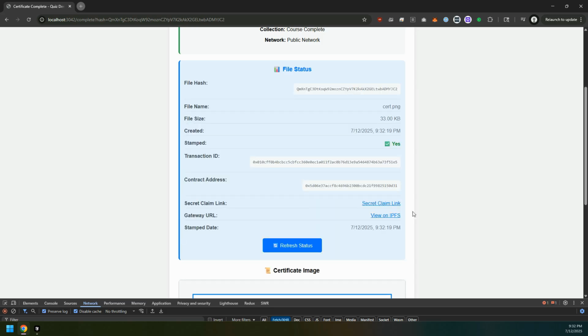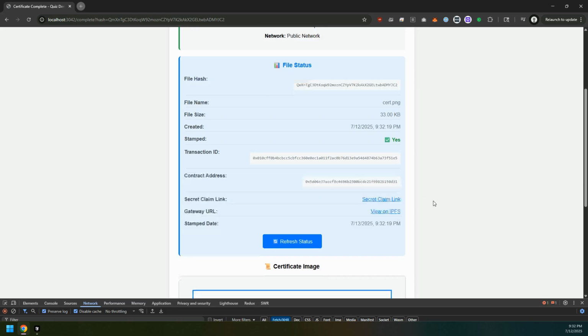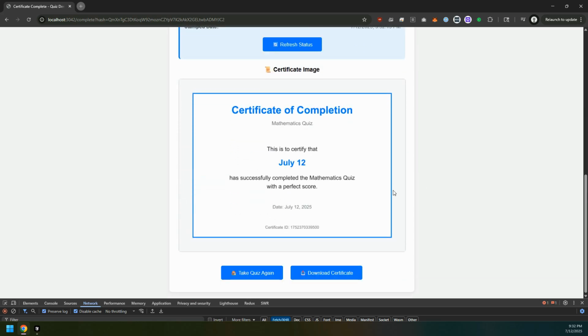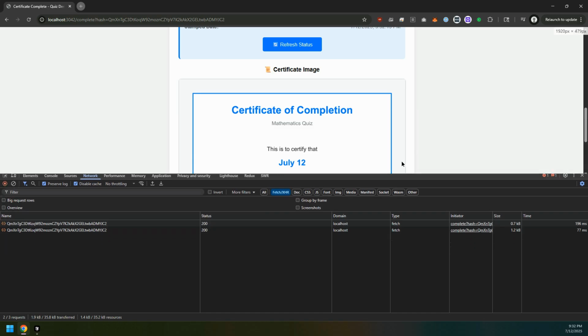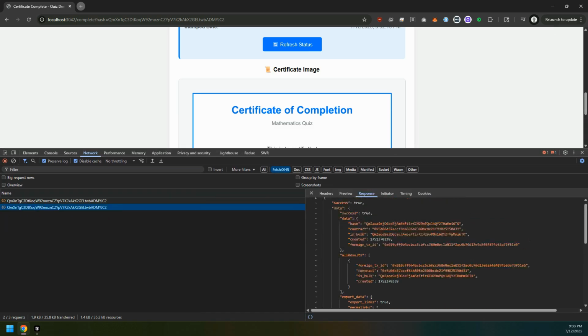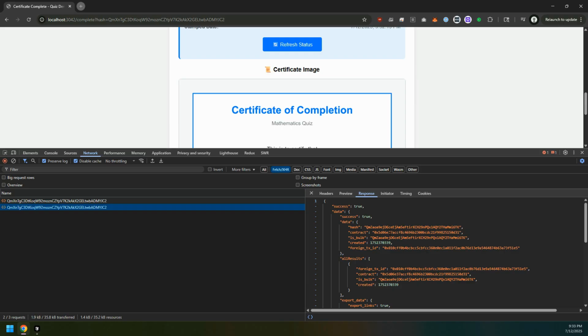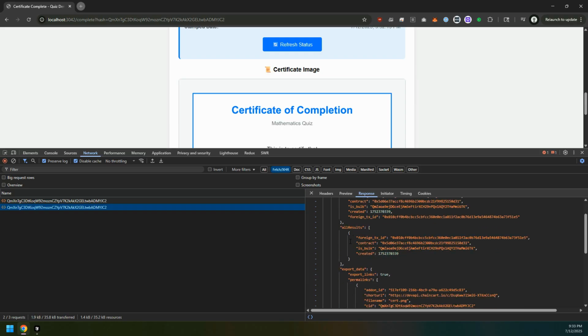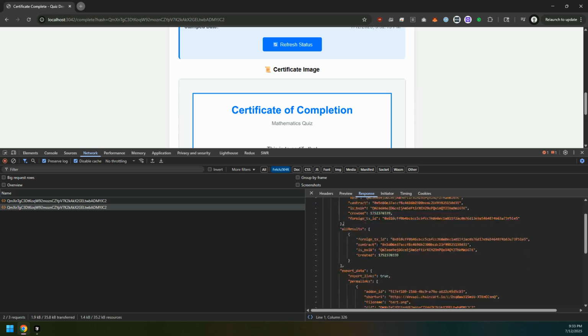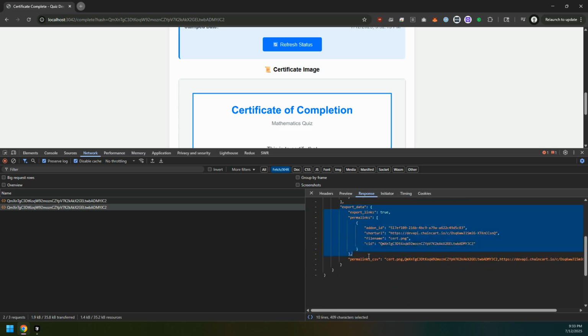Let's refresh to see if we got a transaction ID. Yes, we did. So this is a complete certificate. You can see it's been issued, and I put in a date instead of a name, but it's right here. And then if we look in our traffic that we've been sending back and forth, there's a new section in the data that's returned by the API. This is all pretty much the same. It gives you the transaction ID, most of the fields are displaying, but there's a section down here, export data,